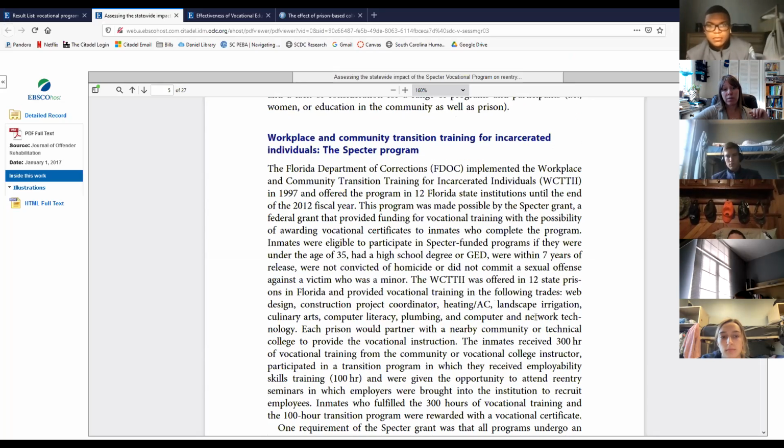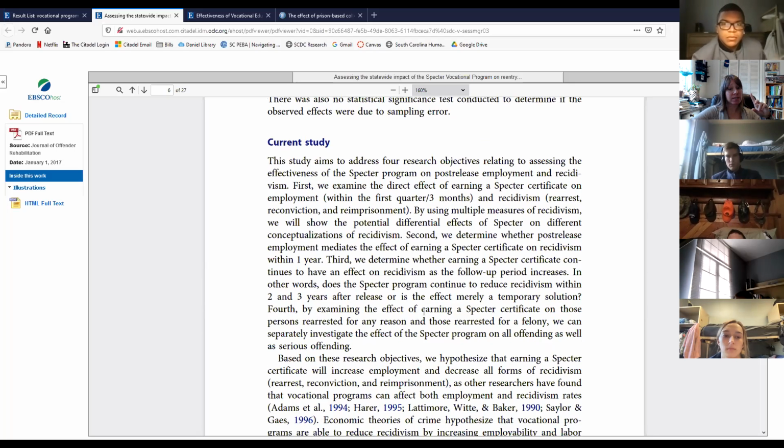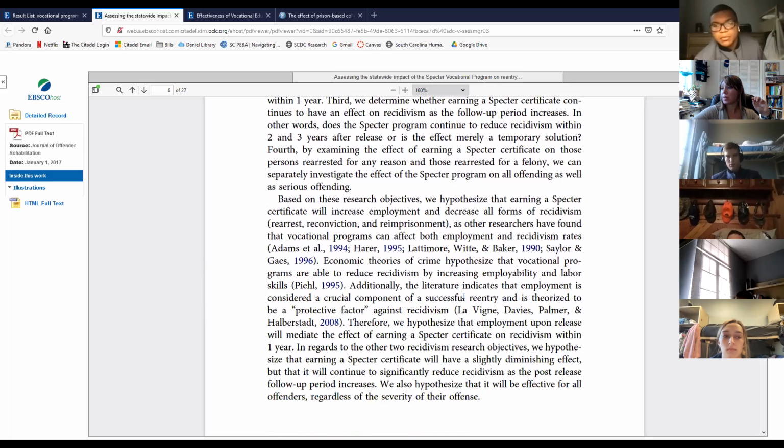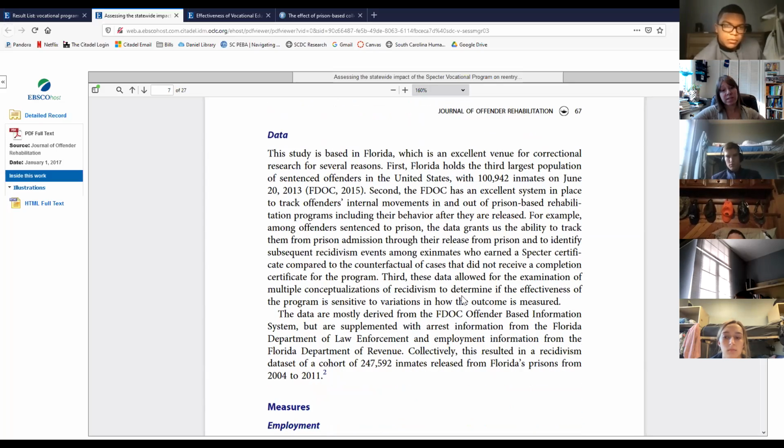If you needed more information about a vocational program, here I'm describing the program within this Department of Corrections that I look at. So you could pull this information for this later on too. All right, current study. We can get more information about the research methods here. So let me scan. Okay, where's the data coming from? This is always something you want to know.